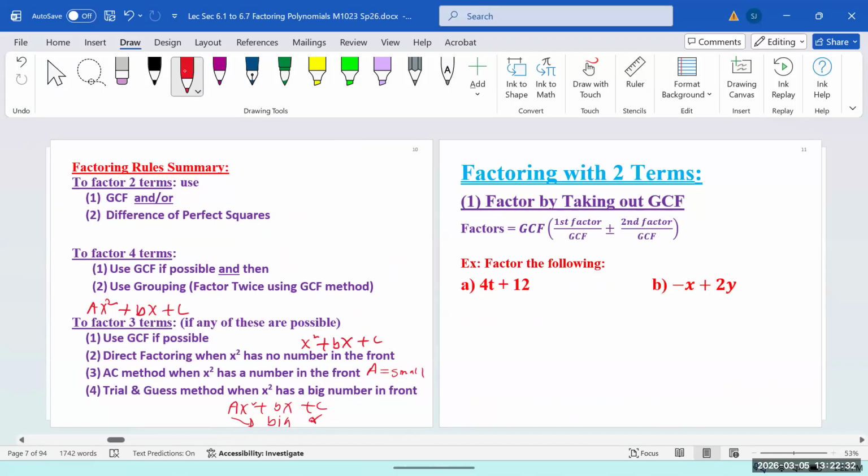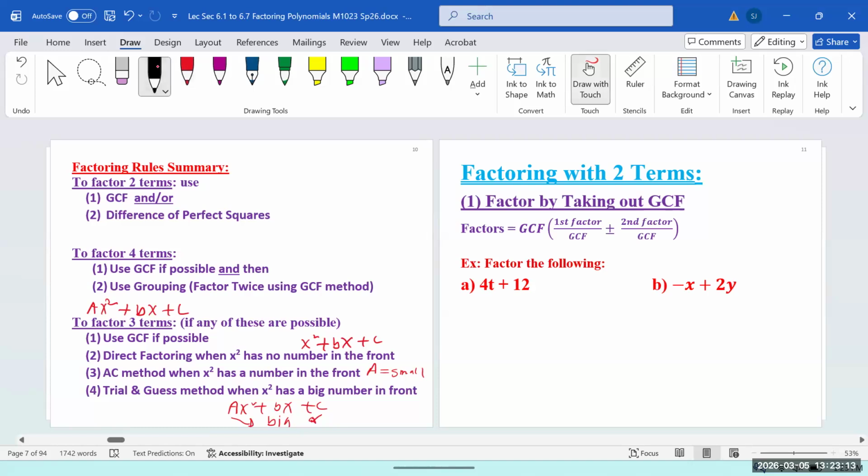Factoring two terms with a GCF. We already know what a GCF is, right? We already learned that at the beginning. Anytime you see a GCF, you're going to factor that out. Once you factor that out, how do you decide what is left? By dividing both terms by the GCF. Then we put them together in a parenthesis, and the GCF on the outside of the parenthesis. That's the final answer. GCF outside, and inside, both terms are divided by the GCF.